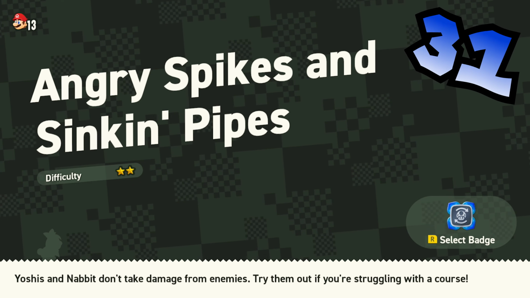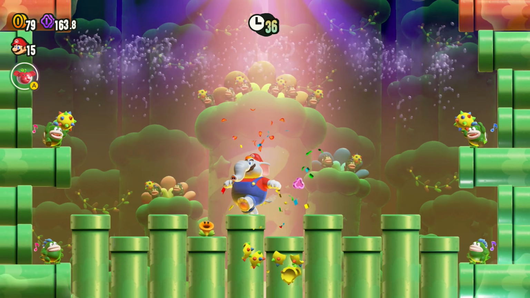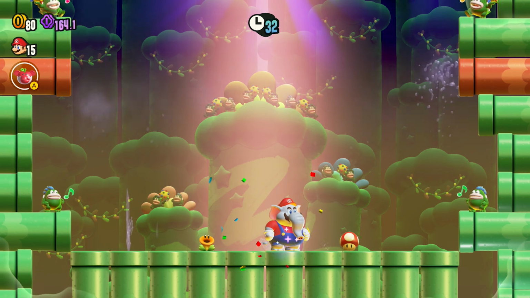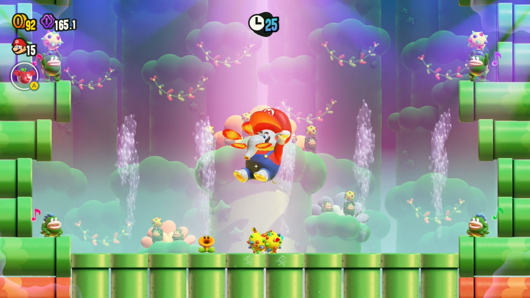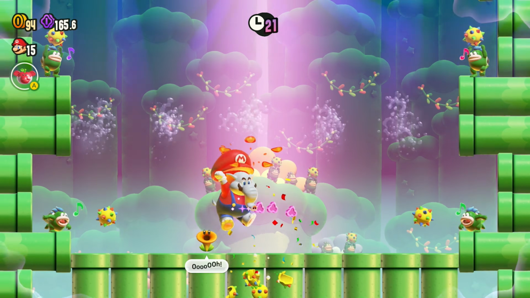Angry Spikes and Sinking Pipes is the first of the musical numbers to hit my list. As you all know, the musical Wonderflowers are the best of the best. Spoilers for the rest of this video. While this number starring Spike isn't as good as the others, it's still really cute. It is held back a bit since you just stand in one place and dodge spike balls, rather than running